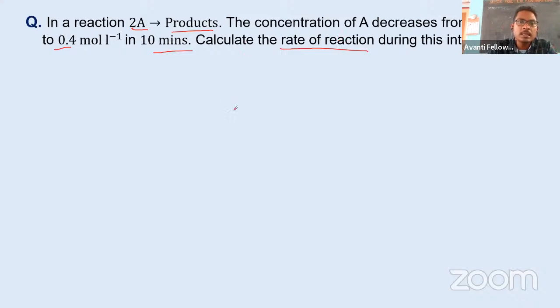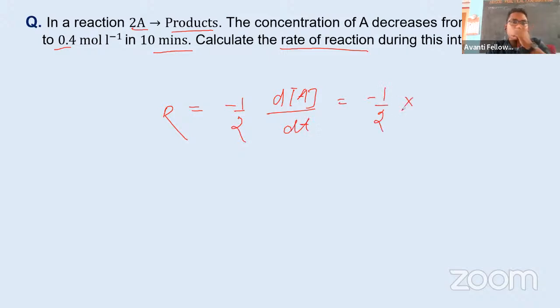I will solve this. It asks us the rate equal to, we can write 1 by 2 rate of change of A by dt. ठीक है ना? So minus 1 by 2. What is the change of A? It is changing from 0.5 to 0.4. Final it is 0.4, initial it is 0.5, and the change is in 10 minutes. So we can write this one is,